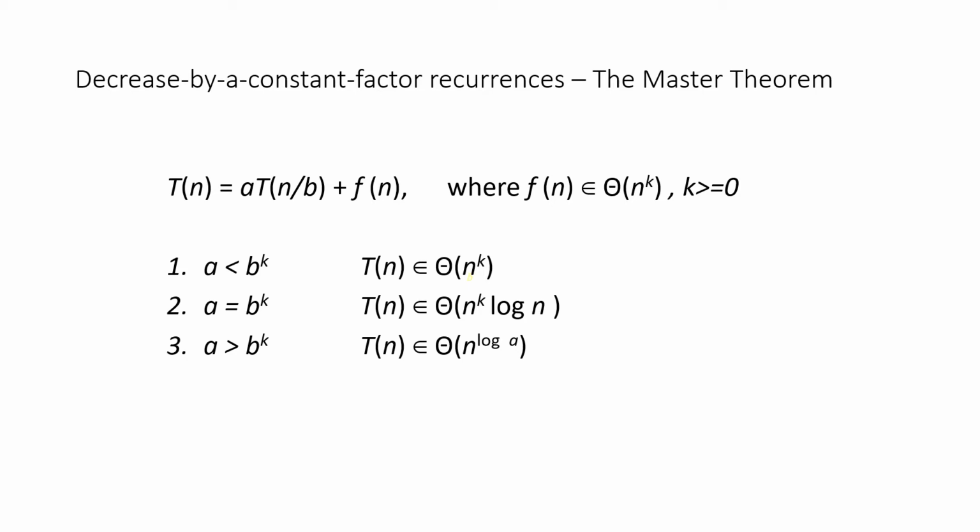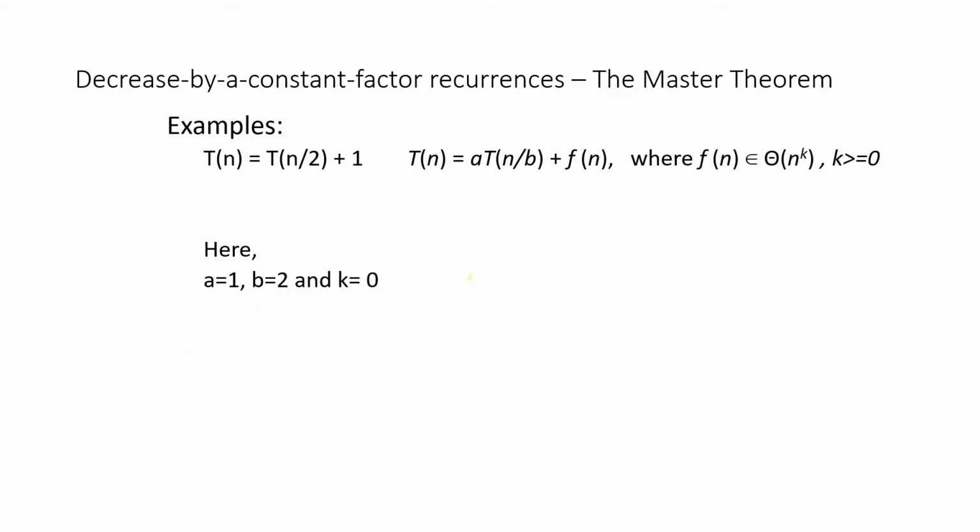Now we'll look into these recurrence relations with the help of an example. Let us consider this example: T(n) = T(n/2) + 1. To solve any recurrence relation using Master's theorem, we need the values of three parameters. What are they? a, b and k. All these values have to be obtained from the given recurrence relation.